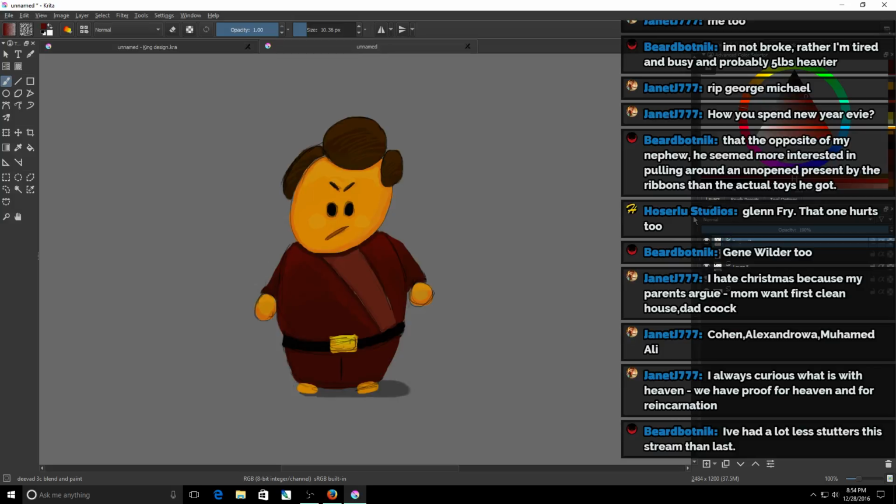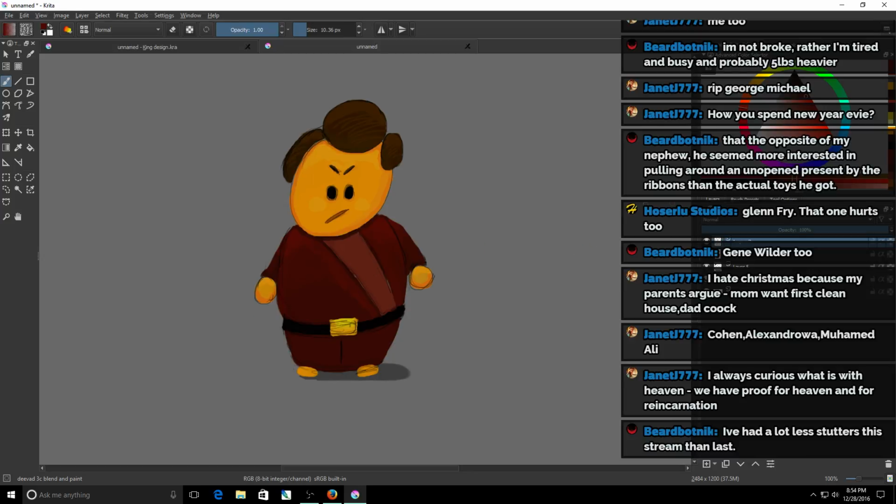So when you're making characters, you want to have a color palette that you can use, that you can make your colors in the clay,